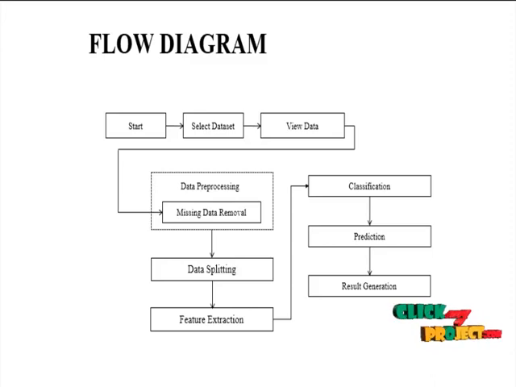In feature extraction, first we are going to apply the count vectorization method to convert the text or document into vector form. Then it will apply into TF-IDF vectorizer. Then finally it will apply into TF-IDF transformation. After that it will move into classification. In classification we are going to build the pipeline connection between the TF-IDF transform and our machine learning algorithm. Here we are using machine learning algorithms like support vector machine and logistic regression model. By using those models we are going to analyze the result in terms of metrics like accuracy, precision, recall